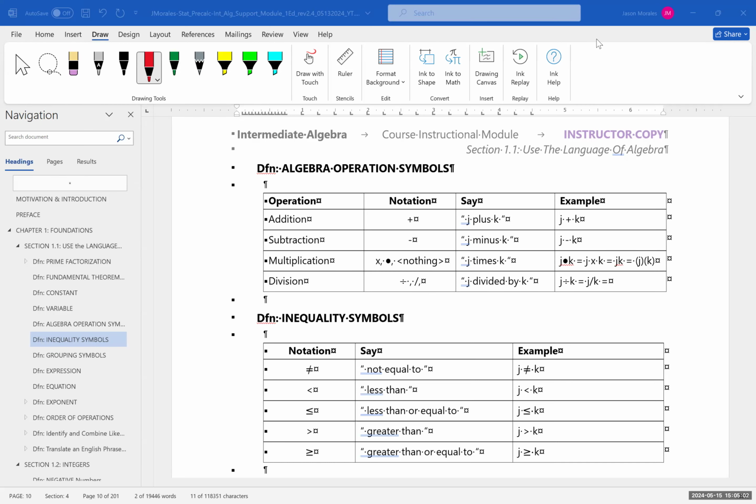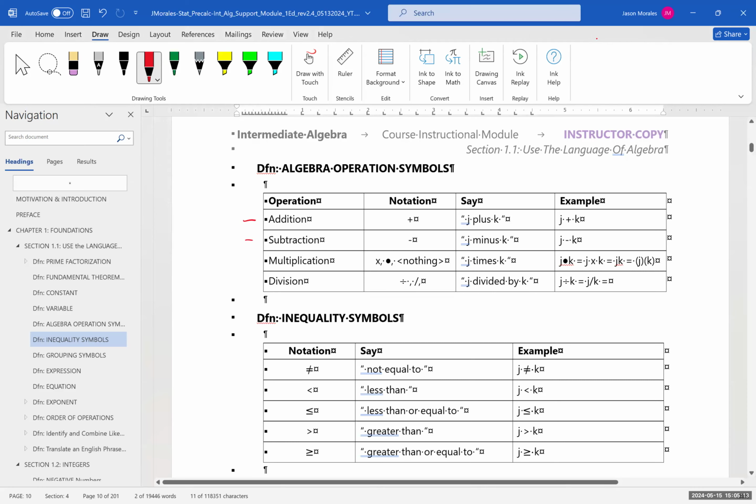Okay, let's look at different symbols that we often see in algebra. So we've got the basic operation symbols of addition, subtraction, multiplication, and division. A lot of this is consistent with what you've probably already learned. The one thing that I would like to note that might be a little bit of a difference is that